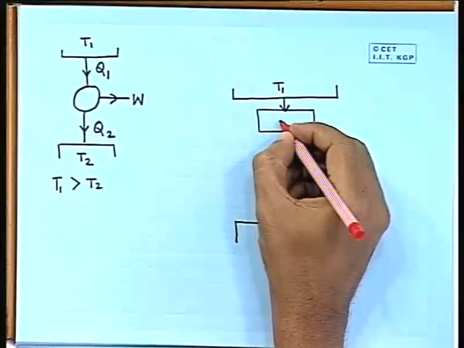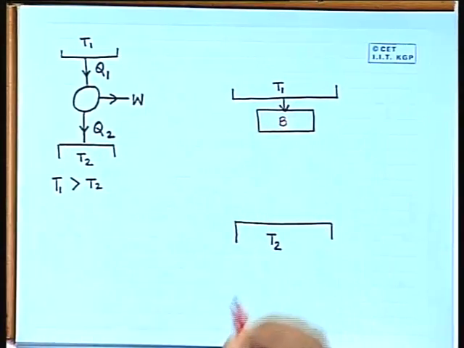So, one can ideally think of a process like this, by which there will be heat transfer from the heat source to the Carnot engine. That is what I have written here, and let us say it is a boiler. It is an ideal boiler where there is heat transfer from a high temperature source and the fluid is at its saturation condition. So, it is only picking up the latent heat, and transformation is taking place from the liquid phase to vapor phase. So, after that